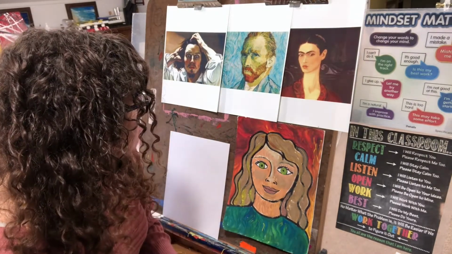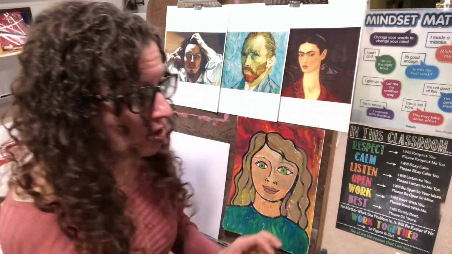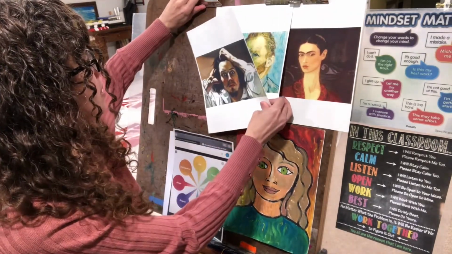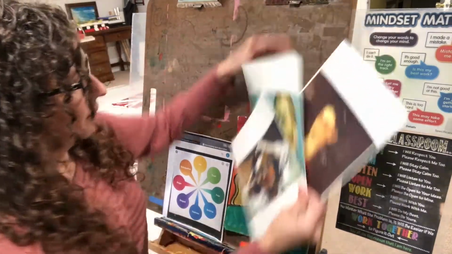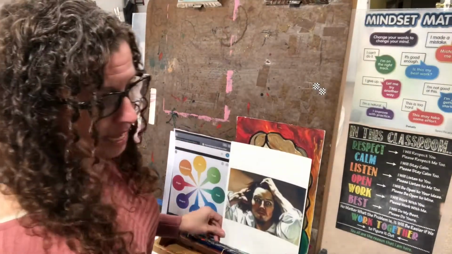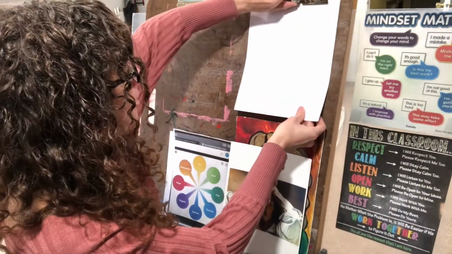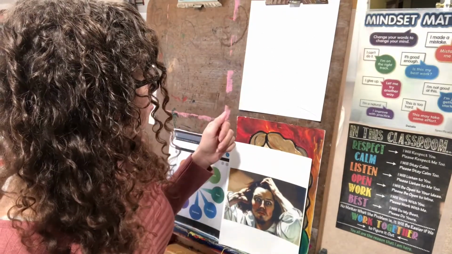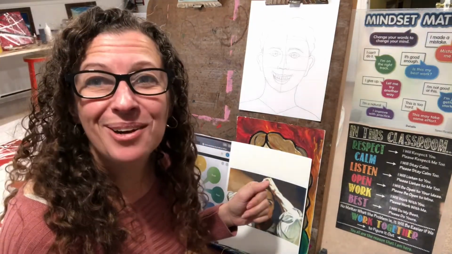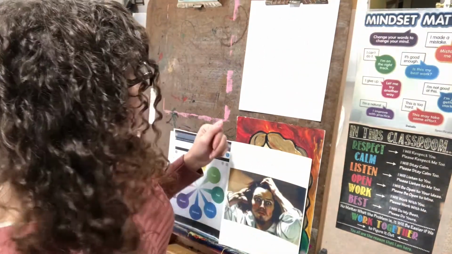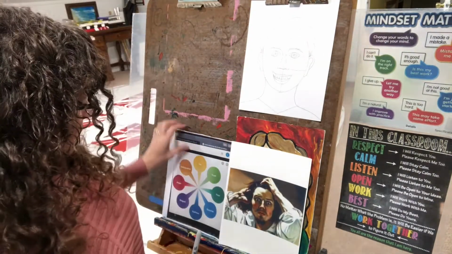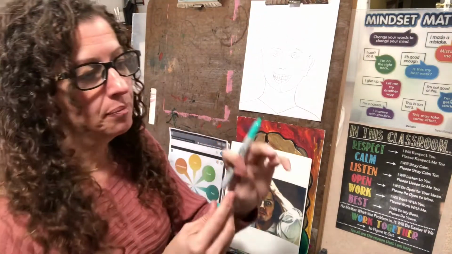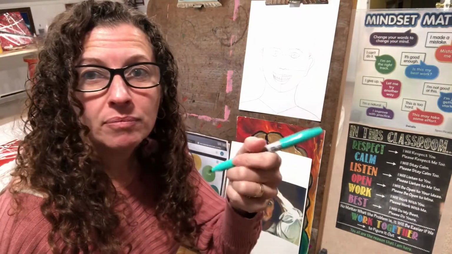So, yeah, let's get working, right, on our self-portraits. So, I'm going to remove these guys. And I'm going to put this guy up here. And I say this guy because, I don't know, he could be a girl. He could be a girl with short hair. So I'm going to do this. Since I chose green for trust and joy, yellow, I'm going to pick a kind of green teal